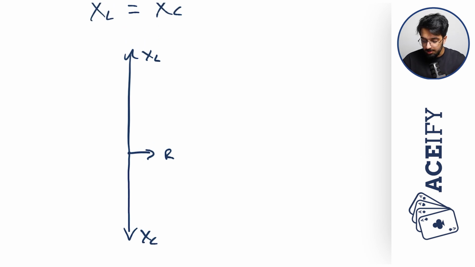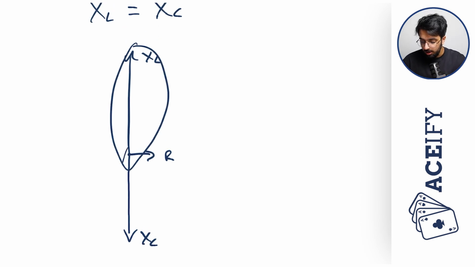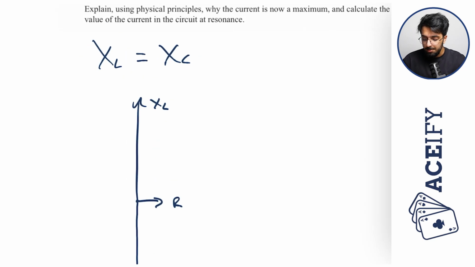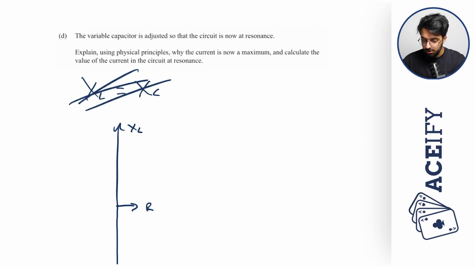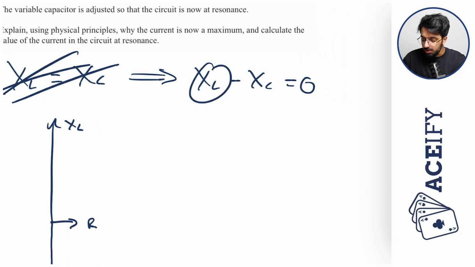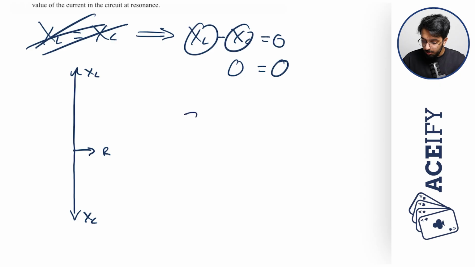And so as you can see, the reactance of the inductor is 180 degrees out of phase with the reactance of the capacitor. And so therefore, if they're equal to each other, that means they will cancel each other out. And so mathematically, we can write that as XL minus XC is equal to 0. And so if they are equal to each other, that means 0 is equal to 0. Obviously. And because the equation for our impedance is equal to square root of (XL minus XC) squared plus R squared,